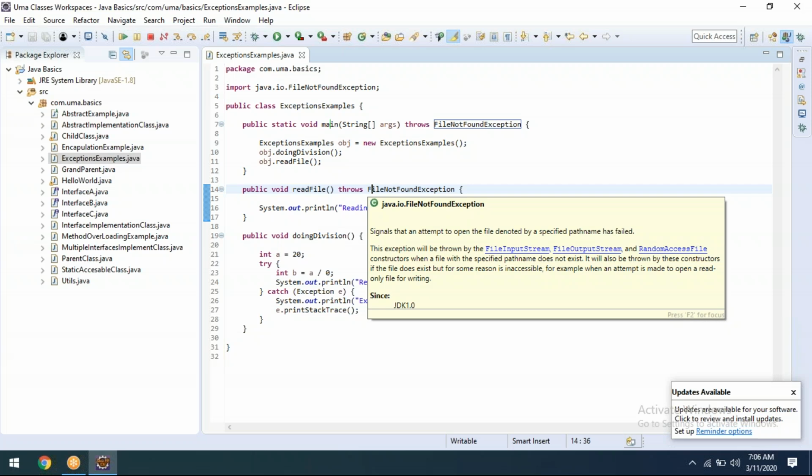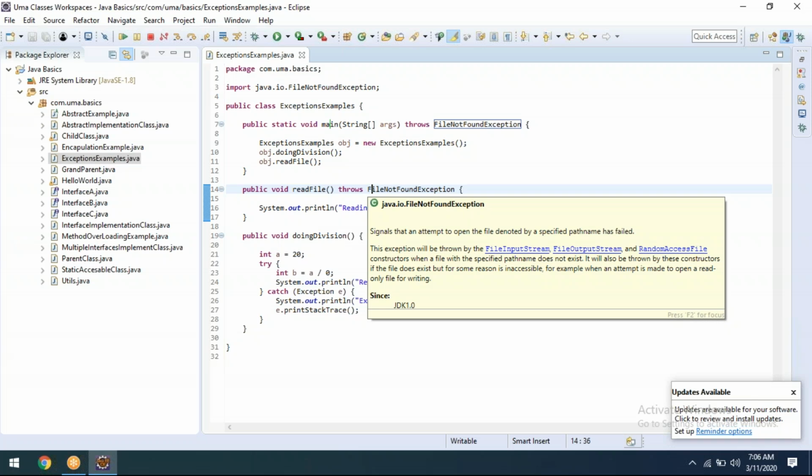As I already told you, whenever we create a class, it automatically extends the Object class. Each and every class. That's why Object is a super class for all the Java classes. We already discussed. Because of that, whenever we create an object for any class, all Object class methods will be available to that class.